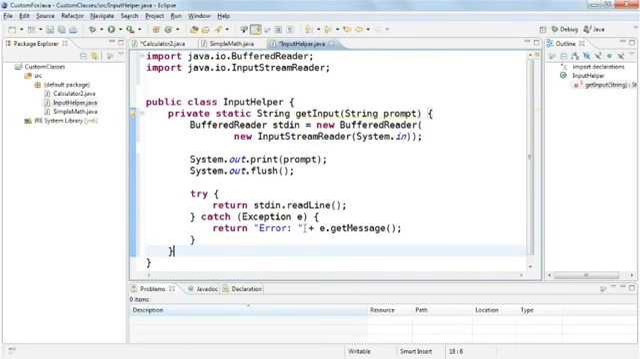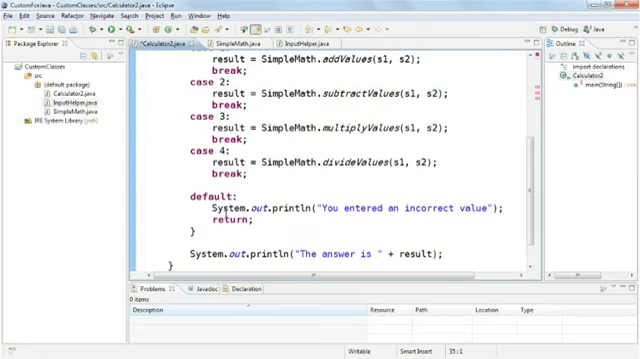Notice that when I paste the code into the new class, Eclipse automatically adds import statements for the buffered reader and input stream reader classes that I need. Just as I did with the methods in the simple math class, I'll change this access modifier from private to public. I'll save my changes to this file and go back to the main application,